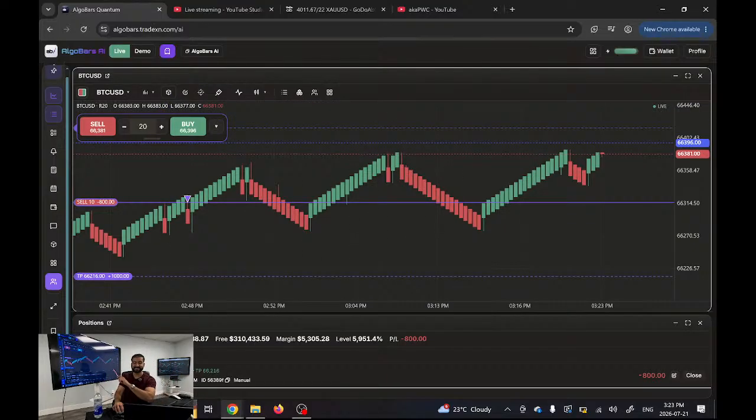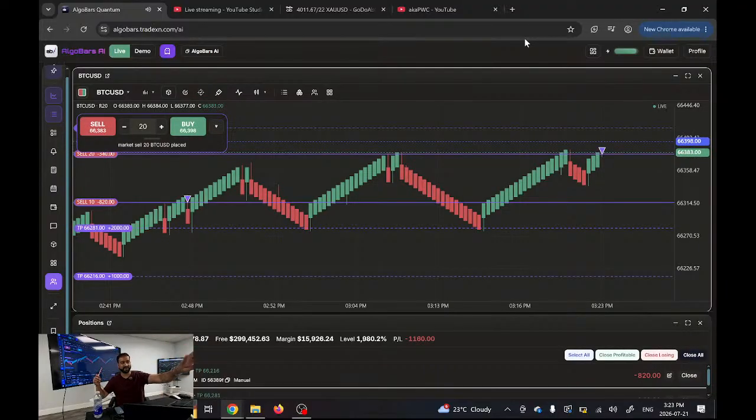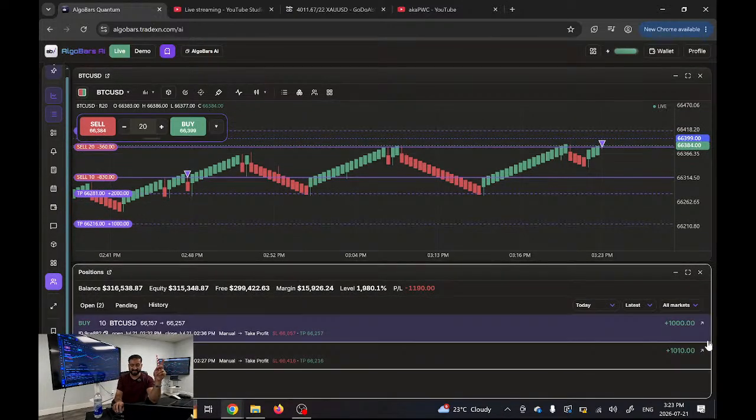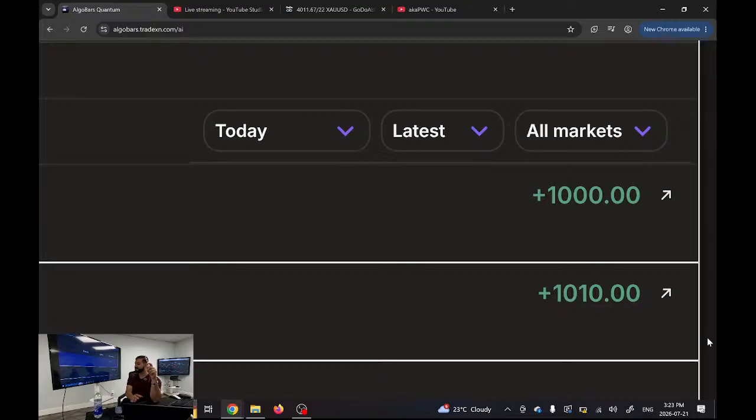Now, there we go, guys. We're getting a little bit of a pullback with a reversal. I'm going to go ahead and enter our second trade of this round. Now, that means this is the 4th trade of the live. The past 2 trades that we did on this live, you can see right here, we hit $1,000 and